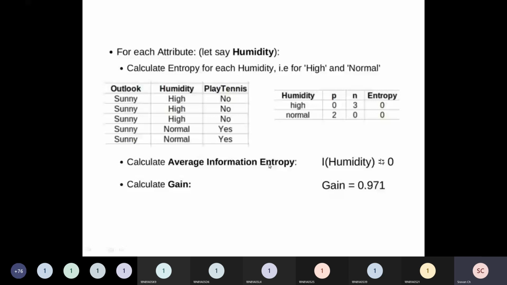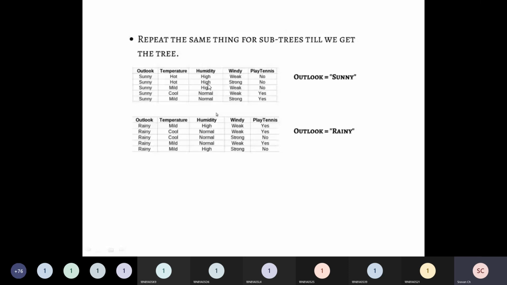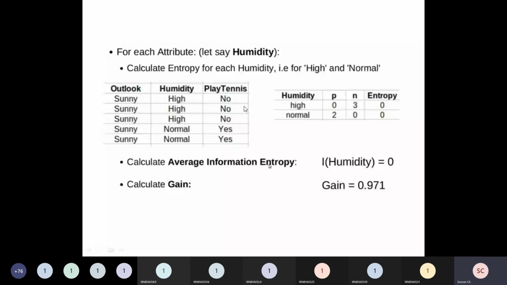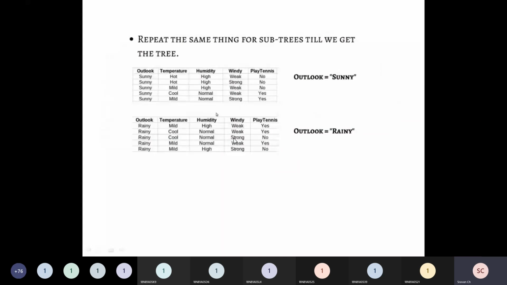So this will be your second data set. This is your second data set. Wherever I am showing my mouse pointer, this is your second data set, or you can say new data set. This is also a new data set. Now what I should do is, for outlook equal to sunny, this is my separate data set. I need to calculate entropy for this one. So entropy will be P plus N, that formula should be applied. Negative examples we have 3, positive we have 2. So it will be minus 2 by 5 into log of 2 by 5 minus 3 by 5 into log of 3 by 5.